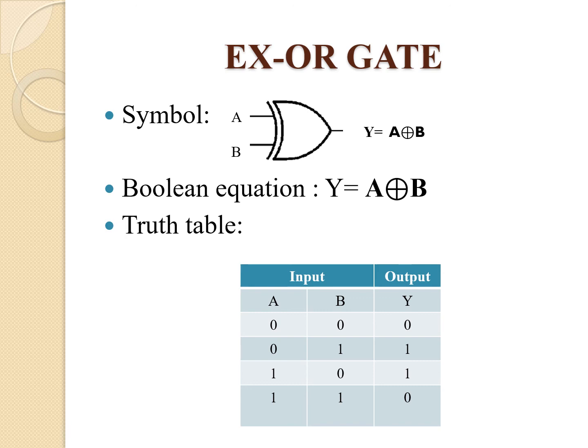That means we can say that if both the inputs are 0, output is 0, or both the inputs are 1, output is 0. That means in the XOR gate, for same inputs, output is always low, and for different inputs, output is always high or 1. So in this presentation, we have seen different types of gates. We have seen the difference between basic and derived gates.